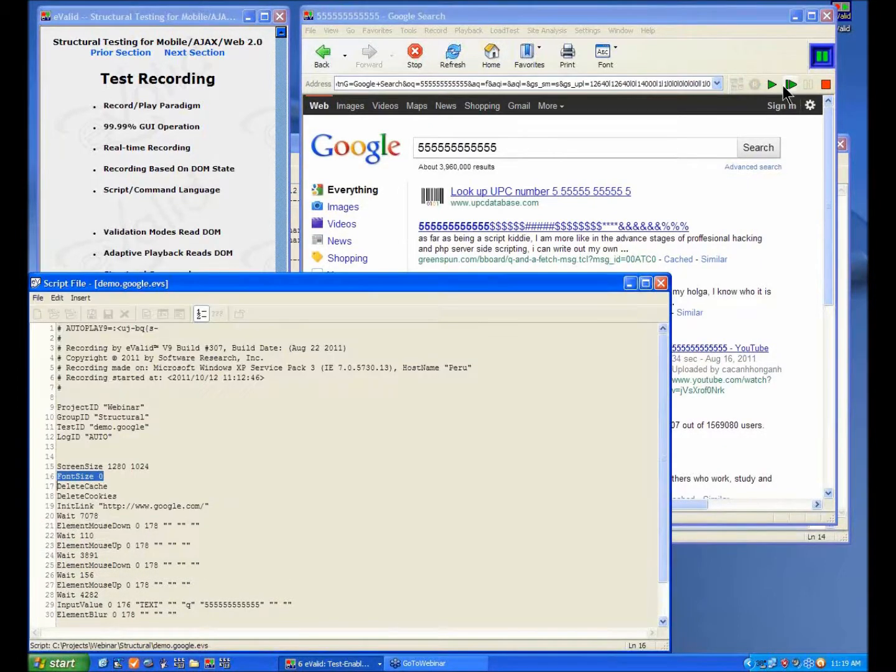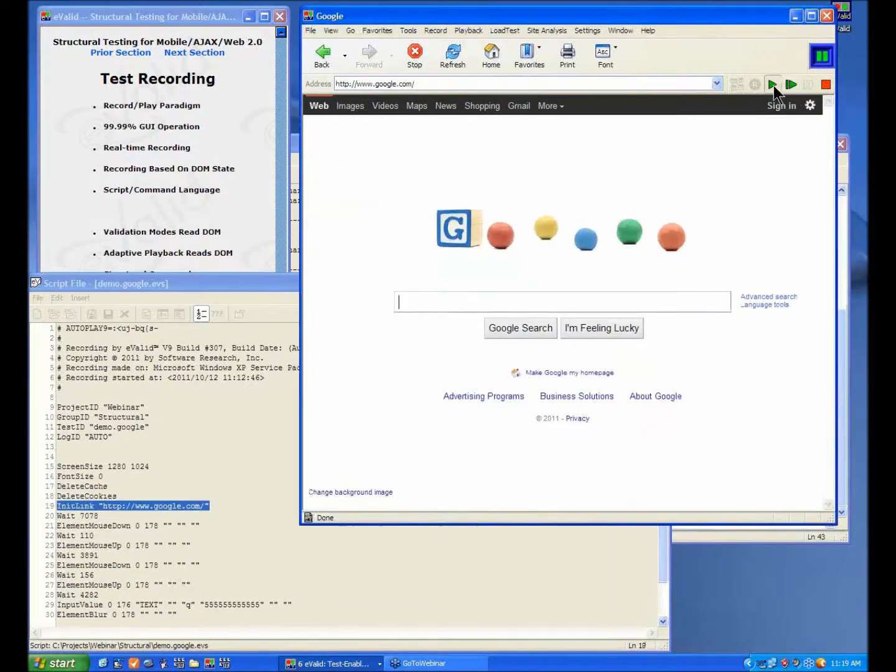I can single step through, and let me just bring the script in. I can stop, and then I can pause. I can play, and then I can pause. And I can go back to single step. It's interesting if I single step the command. One more thing about this: when I single step through here, and you see the word "done" down here,